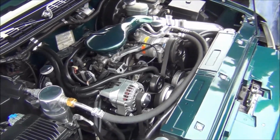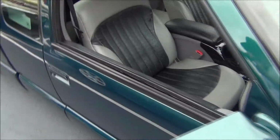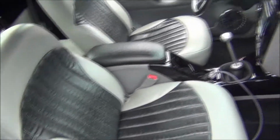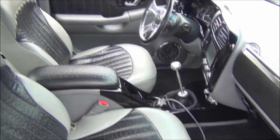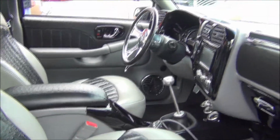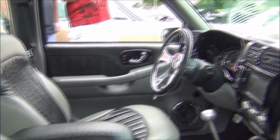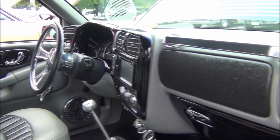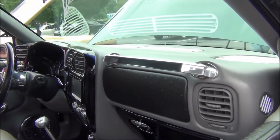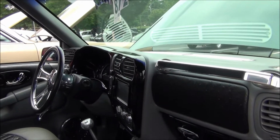Excellent, dude. Now I want to look at this interior. That looks like black ostrich skin. It is. It's black ostrich with fake leather. Wow. Okay, so did you take your panel off the dash and paint it yourself? Yeah, that's actually from a Bravada. It's got a double din opening. We put a Kenwood double din in there so we could watch TV